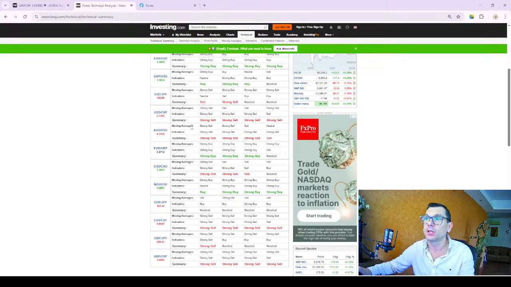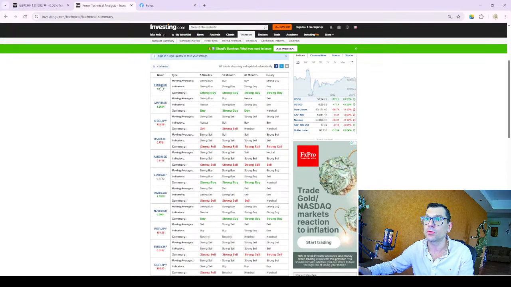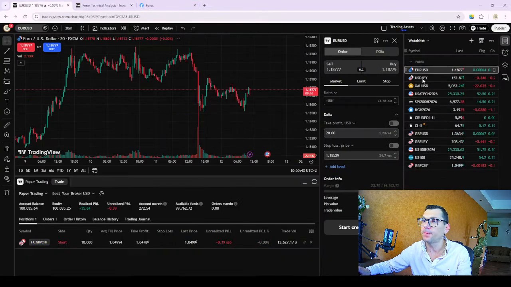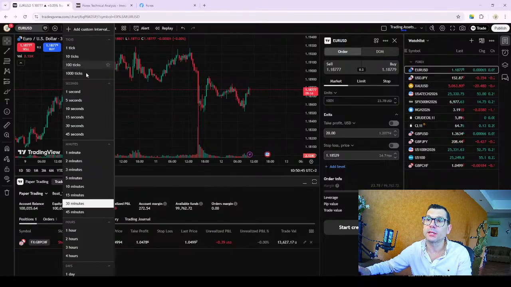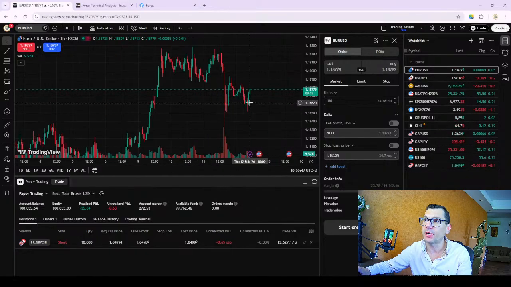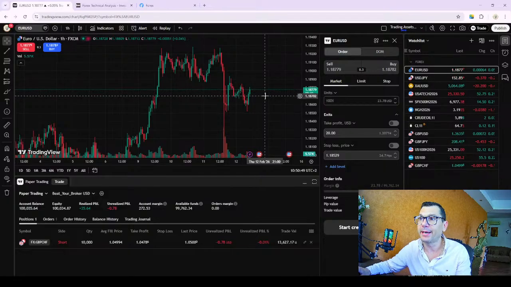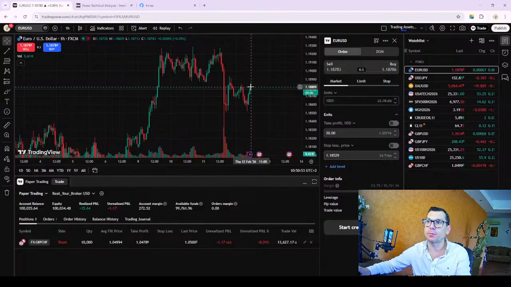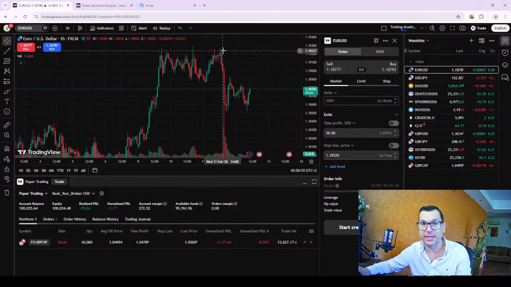So you see Euro USD. You see Euro US dollar, strong buy recommendation on all time frames: 5 minutes, 15 minutes, 30 minutes, hourly. Strong buy, strong buy, strong buy. So let's go again and find Euro US dollar. We're looking at, as we said before, a 1 hourly chart, 2 hours going up the euro. And we see that it's actually been going down a lot. So there's pretty much a lot of space to go back up again. Good opportunity to follow the trend.